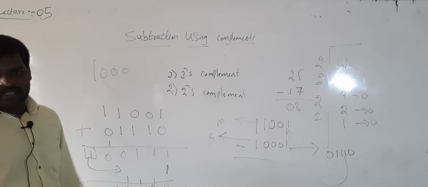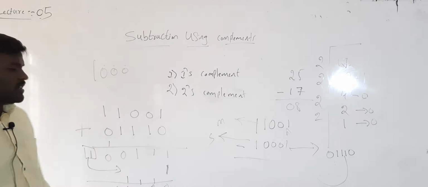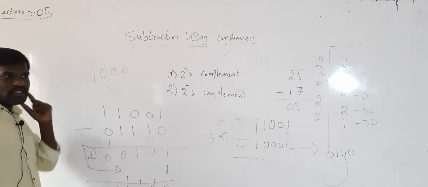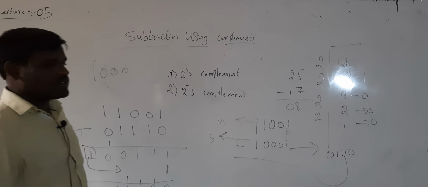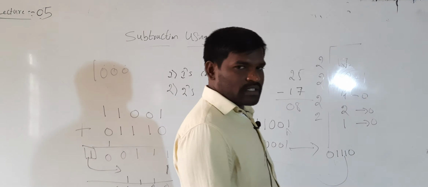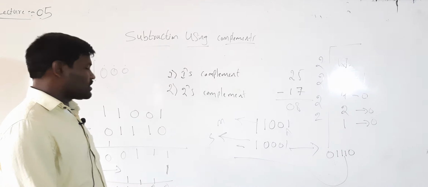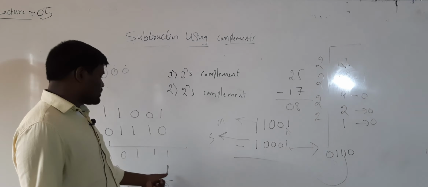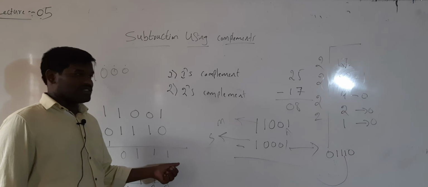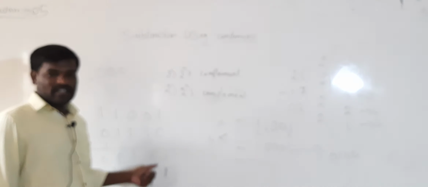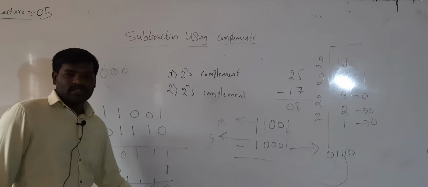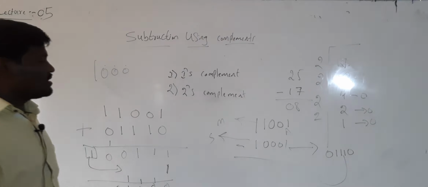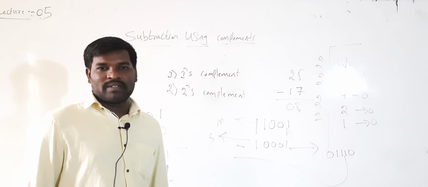You can take any numbers. If the result is in positive format, the carry is compulsorily generated. So the first step is to convert to the ones complement. After that, add that ones complement to the minuend. If a carry is generated, that carry is added to the least significant bit, which is nothing but the first place. Just add 1. Whatever result comes after adding is the final answer. This is the method for subtraction using the ones complement.